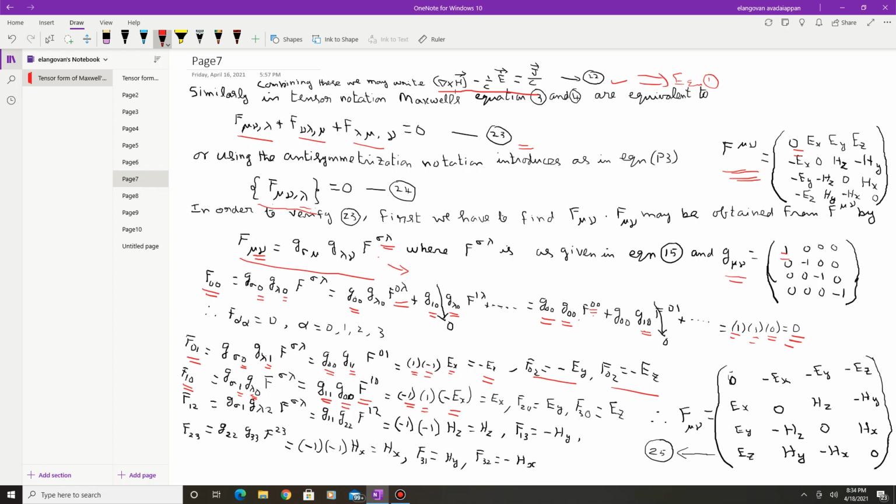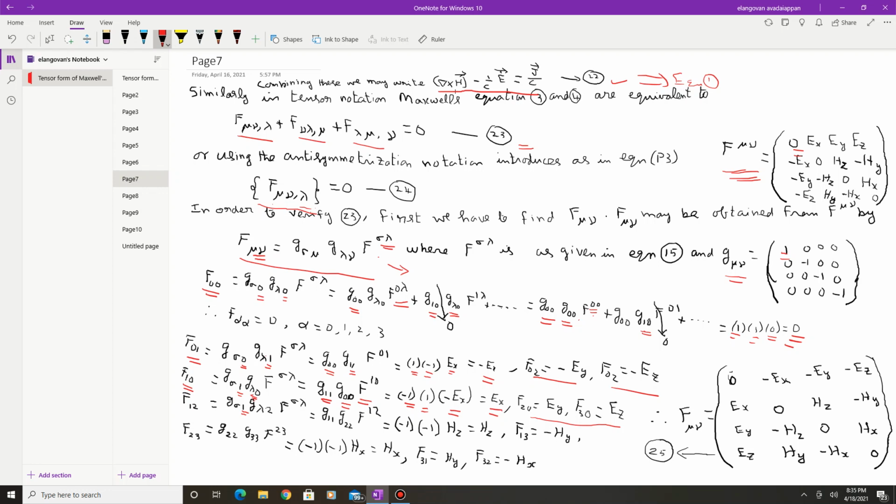So you can find this value is plus Gx. So F20 is Ey, F30 is Ez. So these terms can also be calculated by using this property. Similarly, F12,